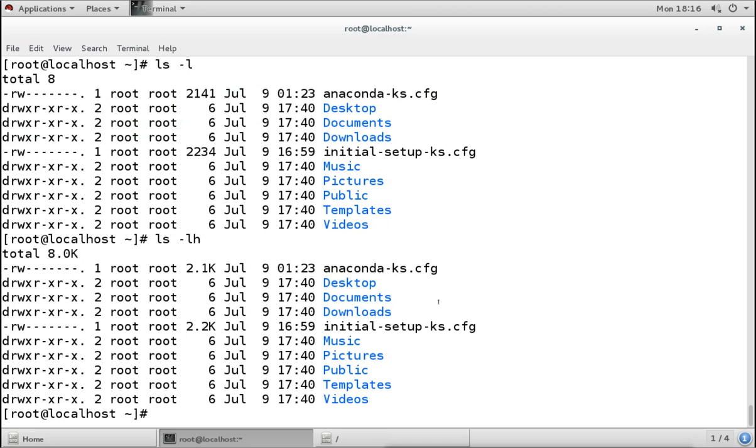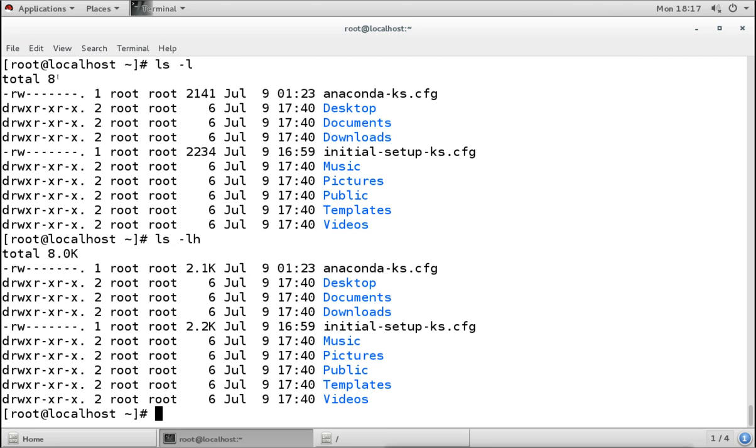Now when we see the output, this is the normal ls -l and this is ls -lh. Now what we are seeing here is the size of the directory content. Now 8 means what? Is it 8 KB, 8 MB, 8 GB?